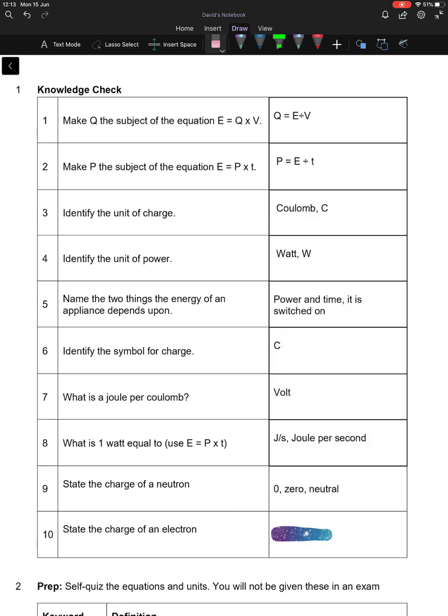Right, just to give you your final set of answers, mark them and correct them as you require. Don't forget at the end of the page as well, if you need any extra support, there's the summary videos that are in the description below that you can watch and just make any notes on, just to make sure you're happy with this, and do feel free to drop your teacher